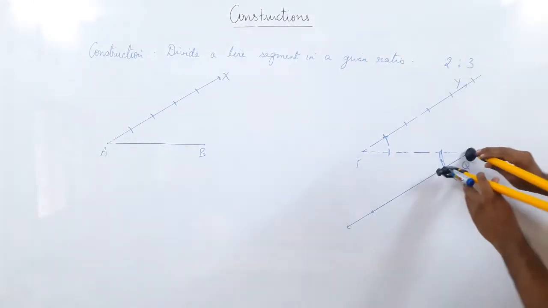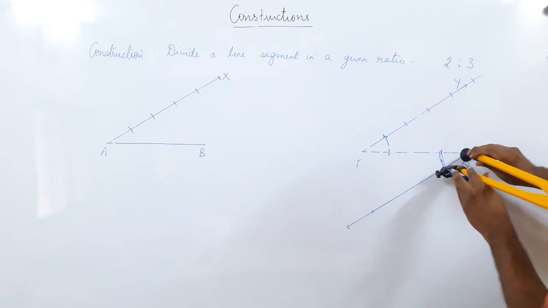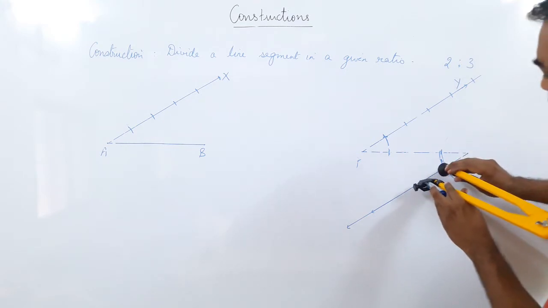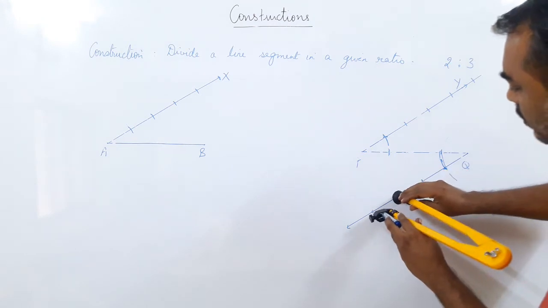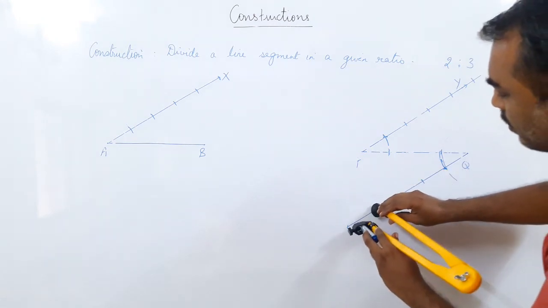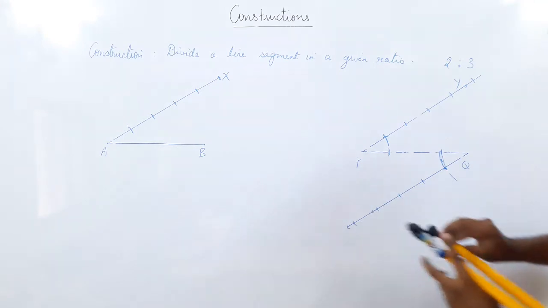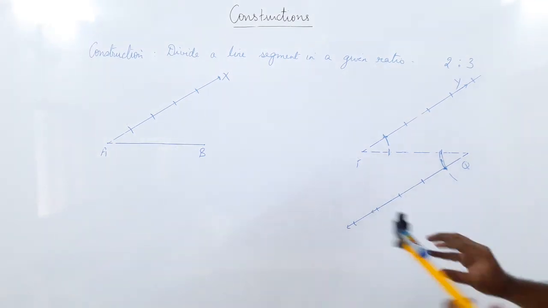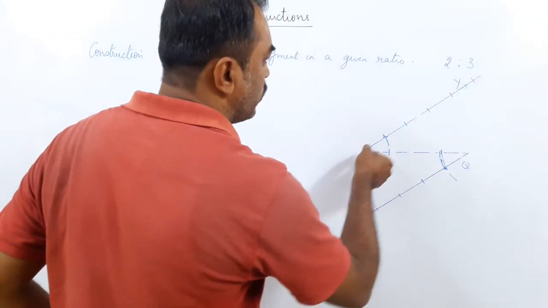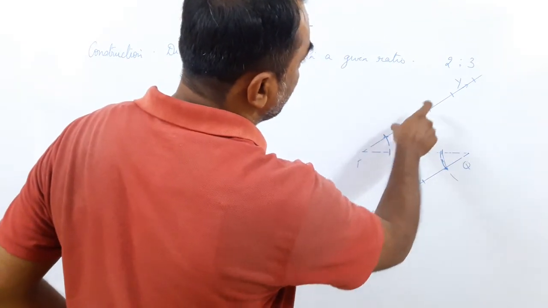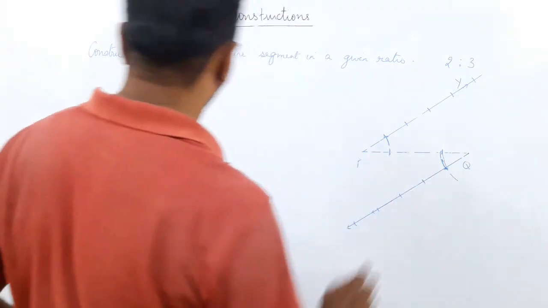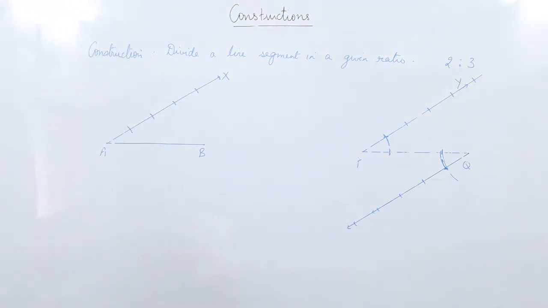Now here also from Q we'll get 1 arc, 2, 3, 4 and 5. Okay, so what I did, I drew this line PQ, I drew a parallel line, I put 5 cuts of the same radius here, 5 cuts of the same radius here and 5 cuts here. Now you see what is the difference in the two methods.